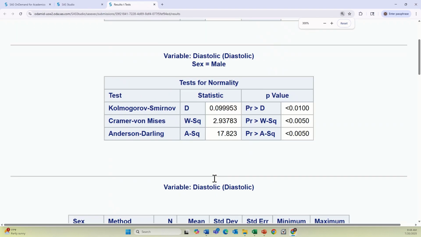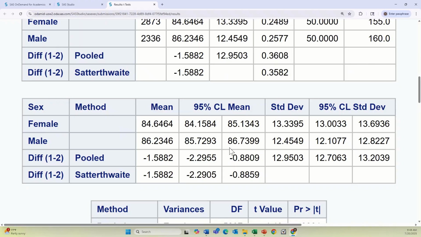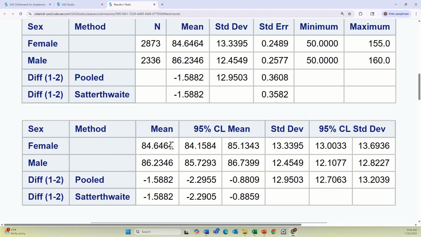Okay, so if you see, I think this is the fourth table from the top. The actual difference between males and females in the sample is almost 1.6 millimeters of mercury, right? But this is the difference for the sample itself: 2,336 males and 2,873 females. But right next to the actual difference in the sample,